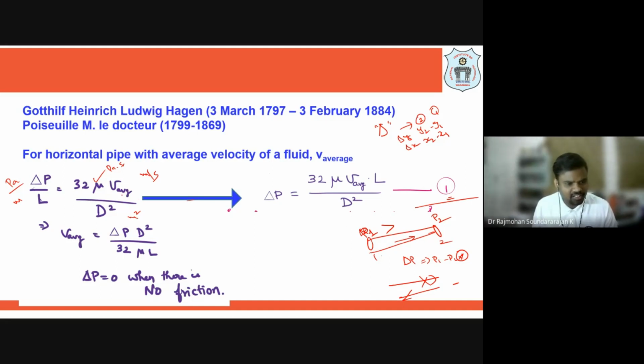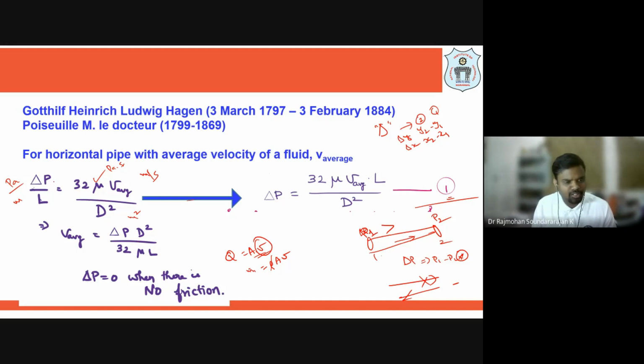And if we rearrange this same equation for velocity, because I want to write for the volumetric flow rate, we know volumetric flow rate Q is equal to A into V, because we know that m dot equal to rho A V, and for an incompressible fluid, density changes are negligible. To substitute the velocity value, we rearrange this equation. That is the objective here. So I am writing V average is equal to delta P, D square going to the numerator, so delta P D square by 32 mu L.